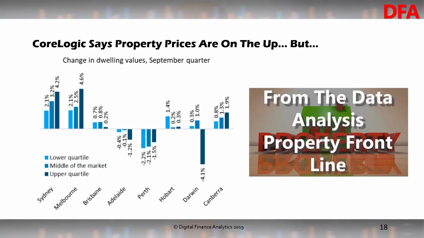On slide 18, we touch on CoreLogic. CoreLogic says that property prices are up, particularly in the upper quartile, particularly in Sydney and Melbourne, still down in Perth. Canberra is slightly higher as well. By the way, Canberra is a unique market because most people are in the public sector, and public sector wages are growing a lot stronger than in the private sector. Yes, September quarter. So it's just the last quarter by the different segments, by location.